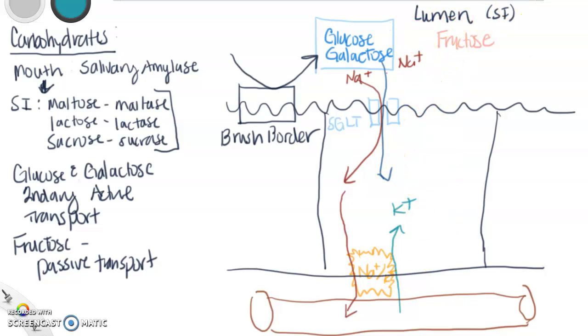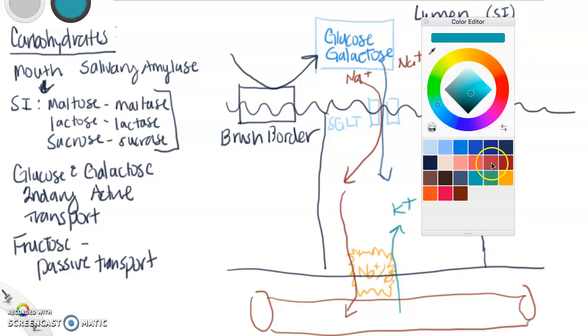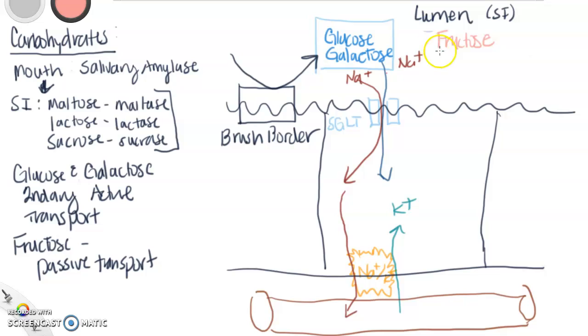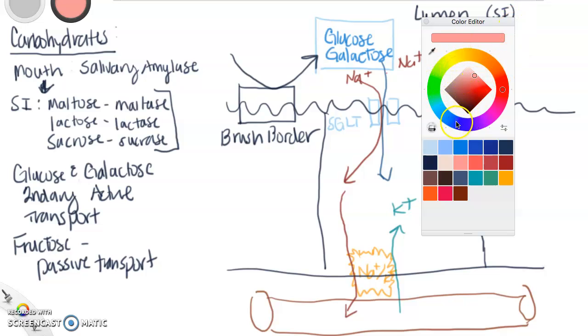The fructose is different. So the fructose comes in passively. So there is a channel, sort of like a leaky channel, that allows for the movement of fructose to come into the cell. Okay, there's always more fructose on the outside than on the inside, so it's going to come through diffusion. Okay, so once inside, the cell does not consume the glucose. The galactose is converted to glucose. Some of the fructose is converted to glucose, and once that is done,